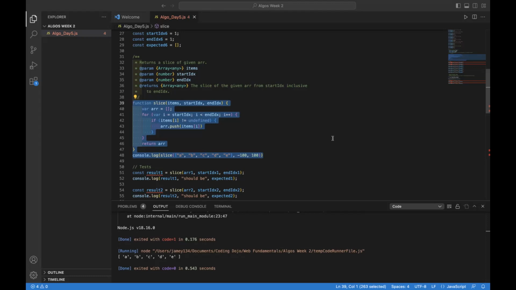So how can we adjust this code to make it even better? What about a double ampersand? Where can we put that? We can put that in the if statement in line 42. If items at I is not equal to undefined, right? So this is our if statement. If it's not equal to undefined,